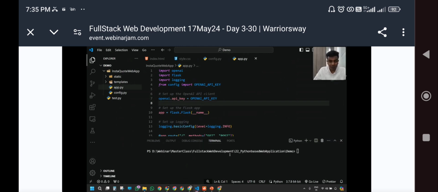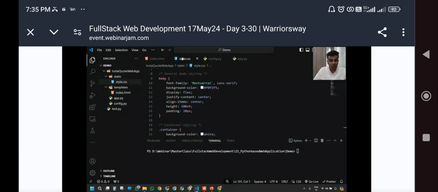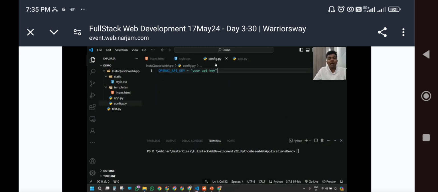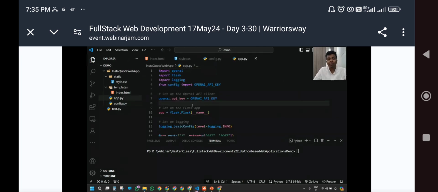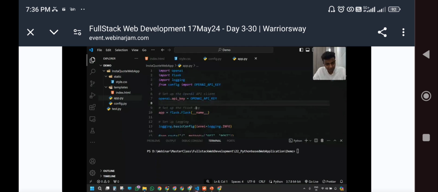One is index.html, which has the structure of our website, and style.css, which handles the designing, decoration and formatting. Config.py has my API key, you put your own API key, and app.py is the main program responsible for our function.